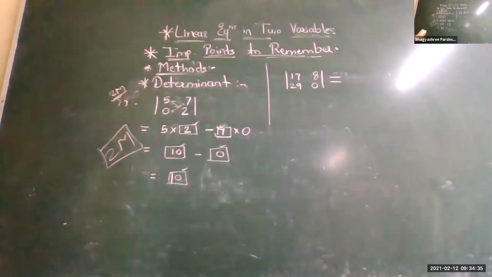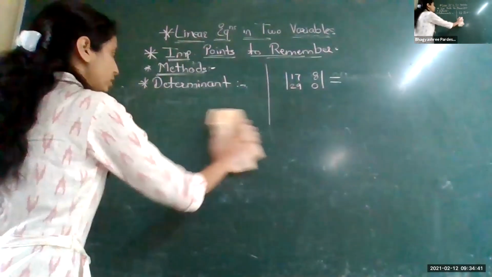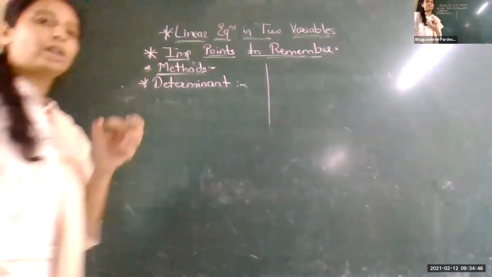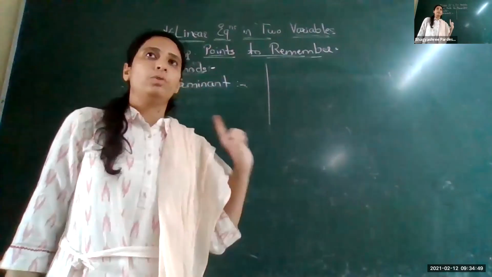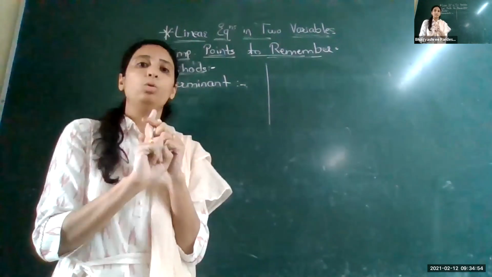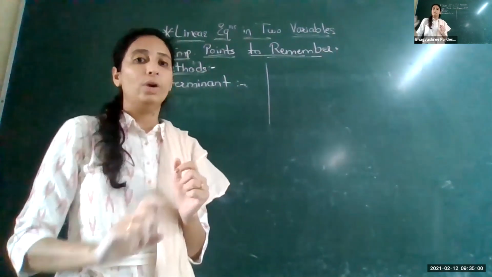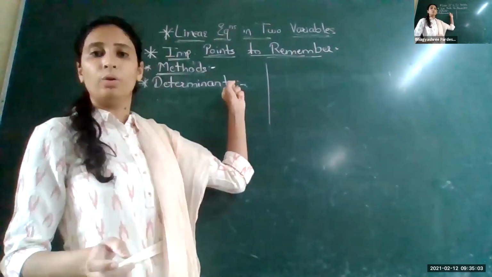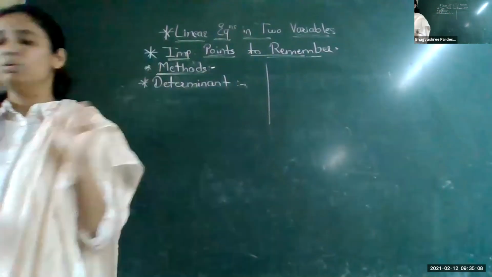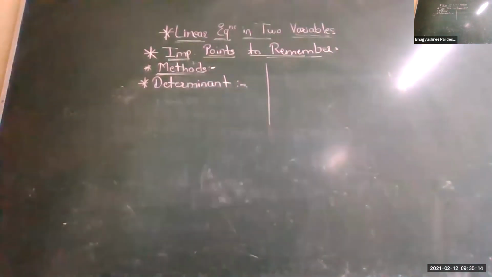Simply, we are going to solve one more example of this determinant method, which is called Cramer's rule. Let's solve one example. If you look properly in your textbook, from practice set 1.1, only 2 examples are there. The rest have been deleted, reduced from your syllabus. Whereas for Cramer's rule, no question has been deleted. That is how important this is. So do this very well. Each and every question from your practice set, solve it for practice. So I am taking one example here.